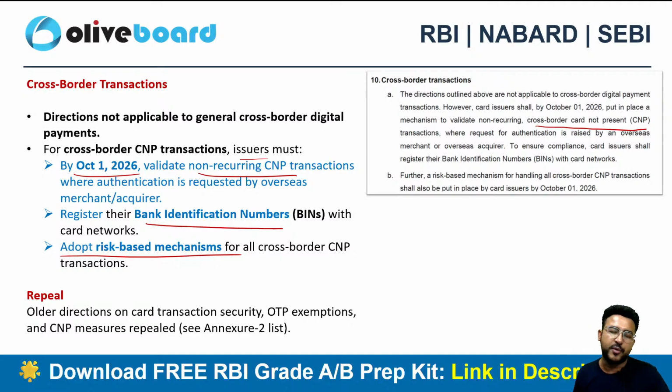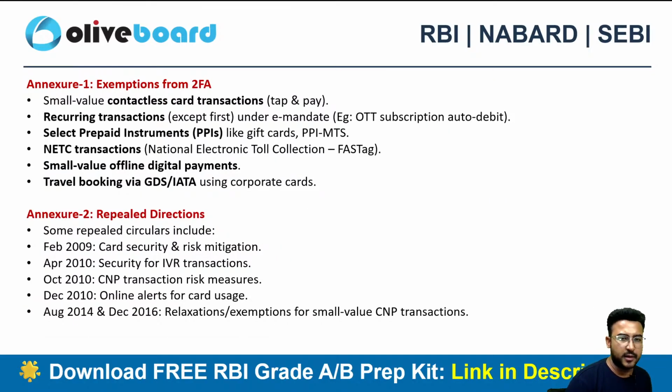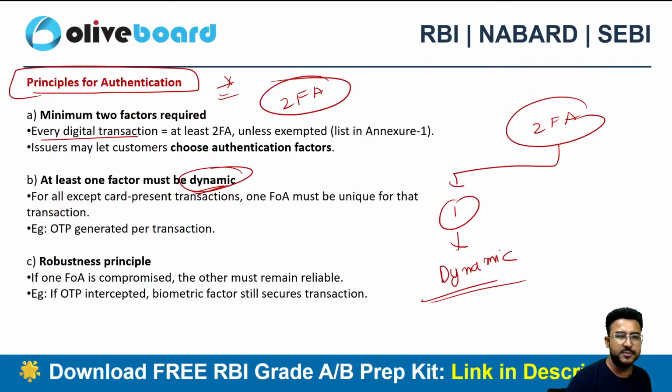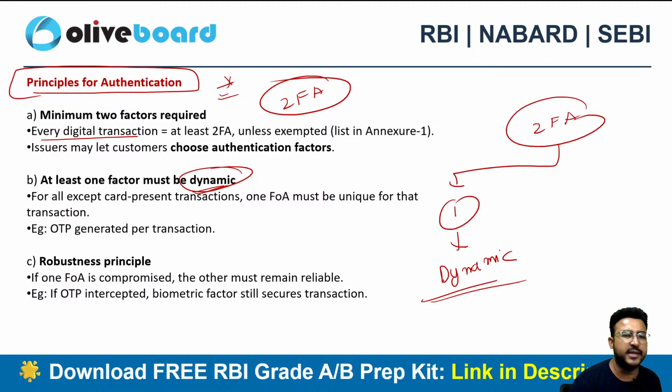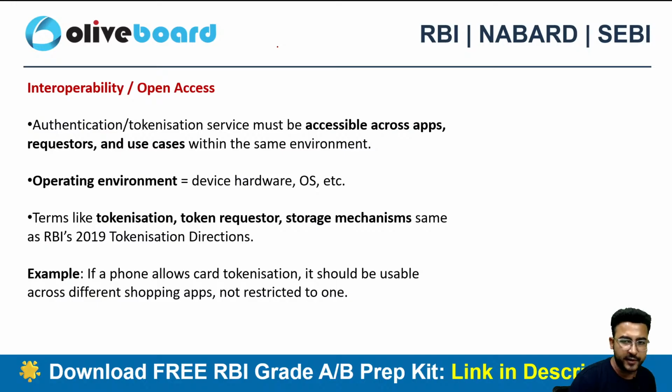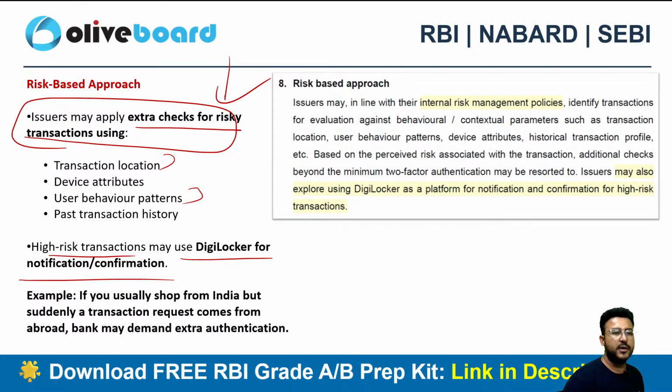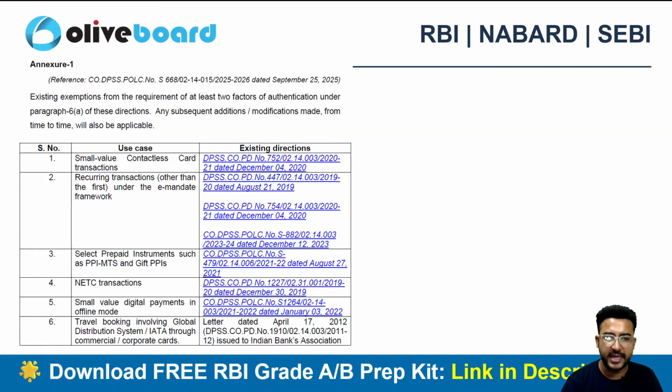I will say it's more of a process-based circular, right? Most of the times in the examination, those questions are coming that are having some limits in it, right? So I can say majorly the things mentioned in this particular circular are process-oriented and not concept-oriented, right? One thing that you can remember here is this particular principal authentication requirement. This can definitely be important for your exam, right? And in the risk-based approach, you can add more and more checks if the risk is increasing, if it's an unusual transaction, right?